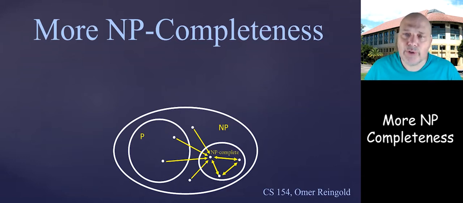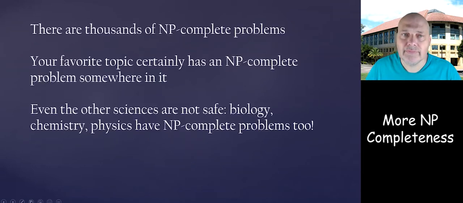But the question that we're going to ask today is: is NP-completeness only about this kind of satisfiability problem, or are there more problems of this sort? And it wouldn't be surprising if we actually show that no, there are many problems that are NP-complete, and this means that all of those reduce to each other and everything else in NP reduces to them. So indeed, there are thousands of NP-complete problems, and they are in any area of computer science, and in fact, many other areas outside of computer science.